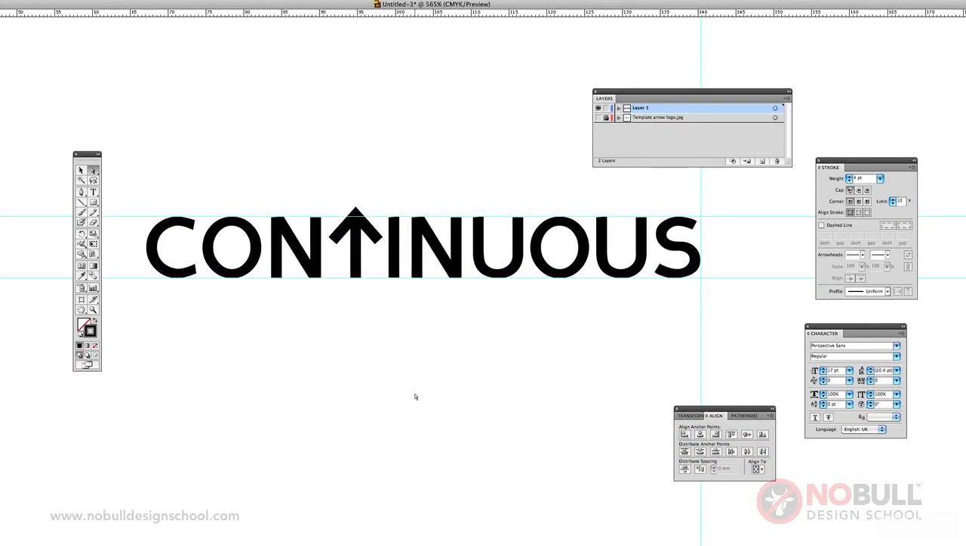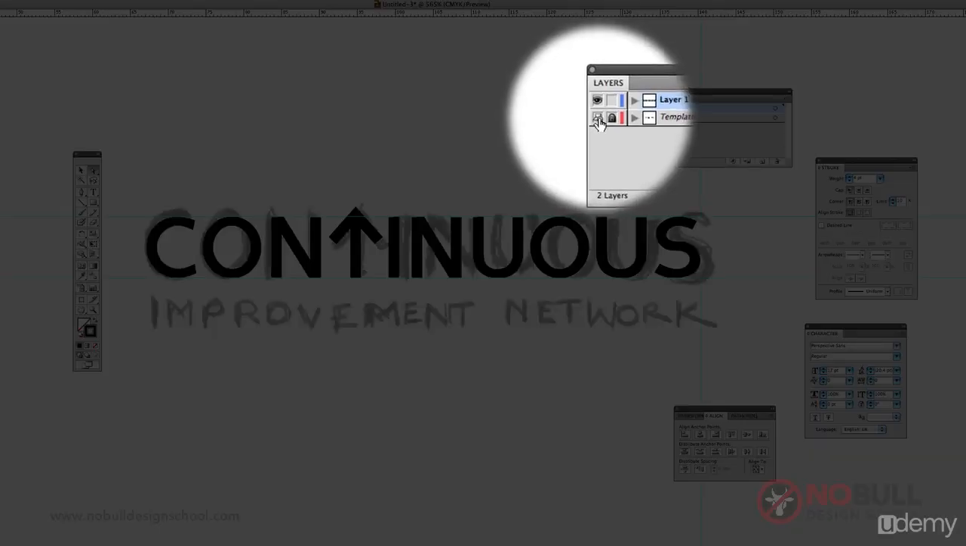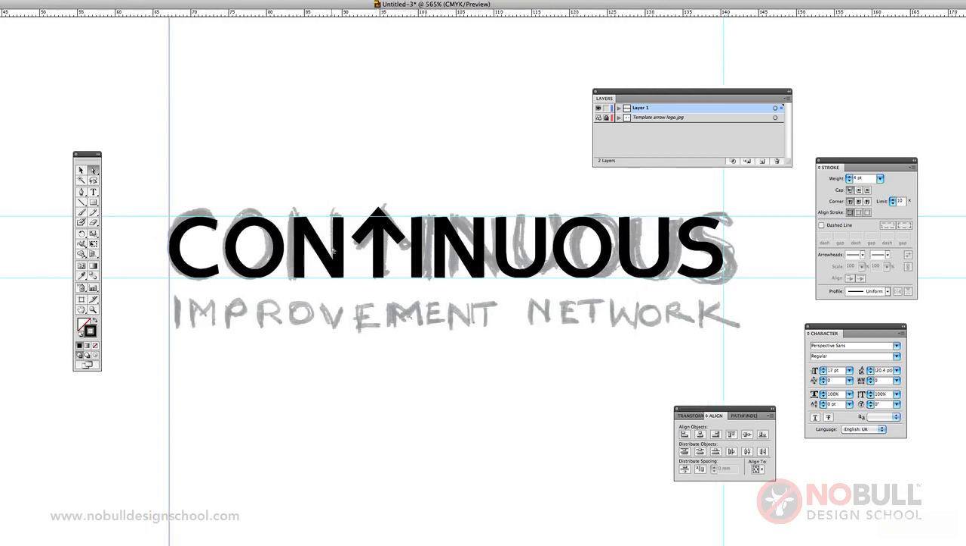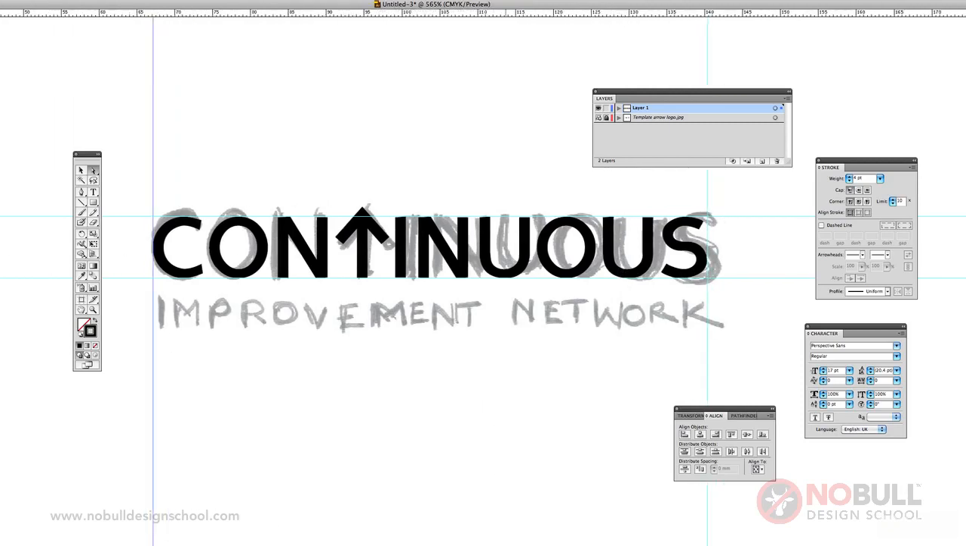Now I want to pull in the second word of the logo. So let's put the template on again just so we can see. And I want it to level up with both sides of continuous. So we'll pull some rulers in, just as we did before. Oh, there's one on the other side already, so that's fine. Let's move that over a little bit. And then type in the word